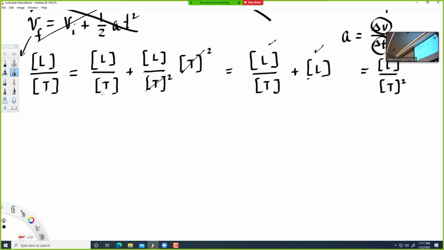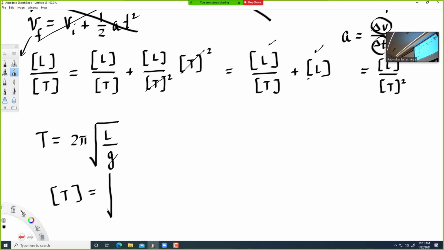So we have this formula. So time period of a pendulum is given by 2 pi times the square root of L over G. Okay. So this is time. Okay, the dimension of time is T, and 2 pi is a pure number, so there is no dimension, it's dimensionless. And then we have square root L, the dimension of L is L. Now G, okay, so you haven't seen G yet,